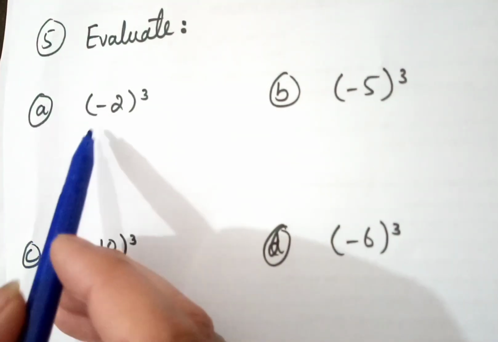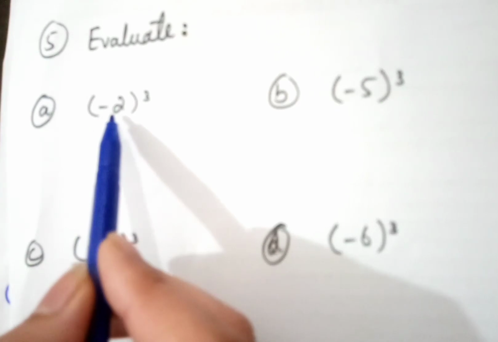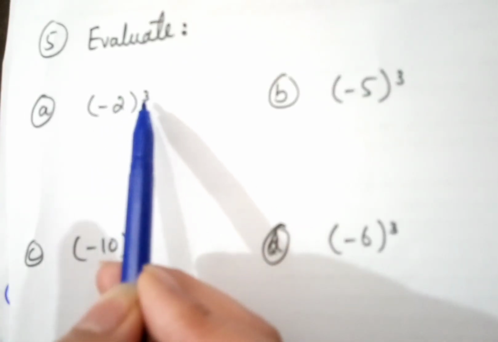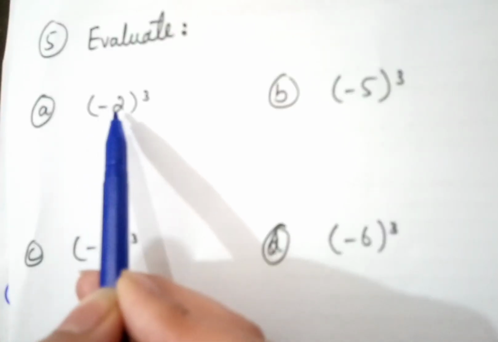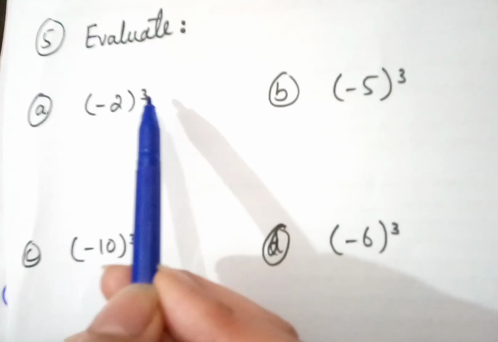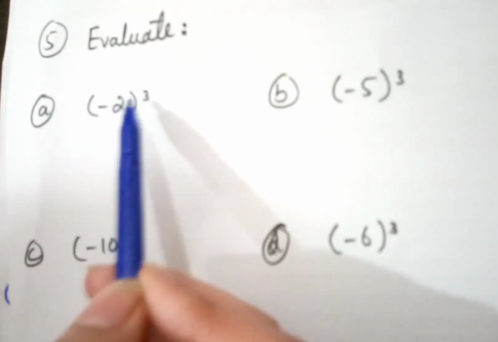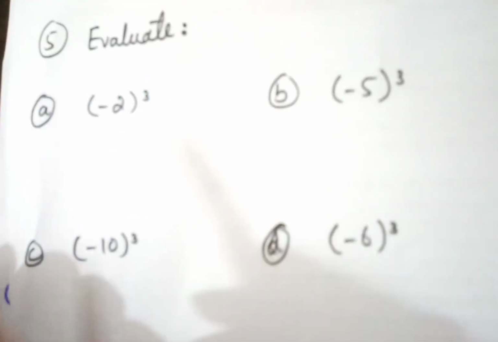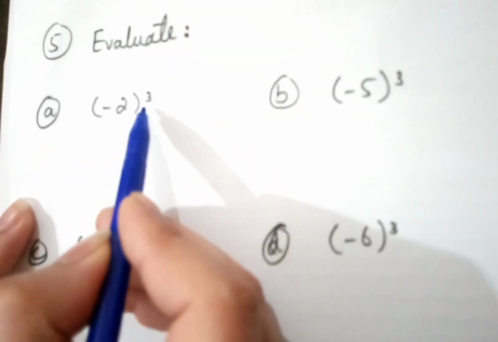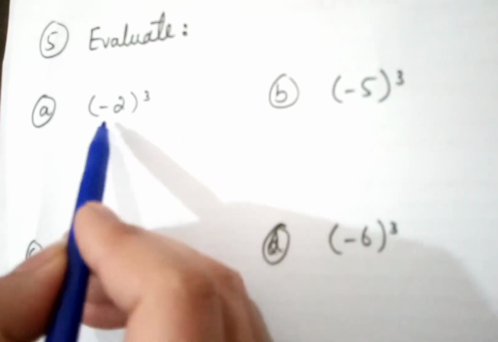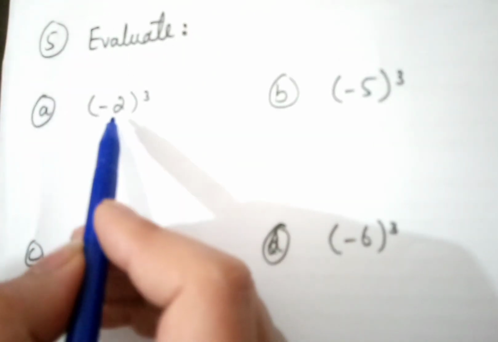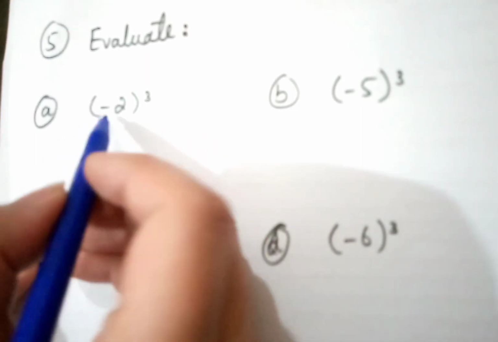In the first part we have bracket minus 2 bracket closed whole cubed. That means this cubic power is on minus 2. Whenever there is any power outside the bracket, that means all the terms inside the bracket, that power is applied on all of them. So whenever there is an odd power and the sign is negative, the minus sign will remain the same, because